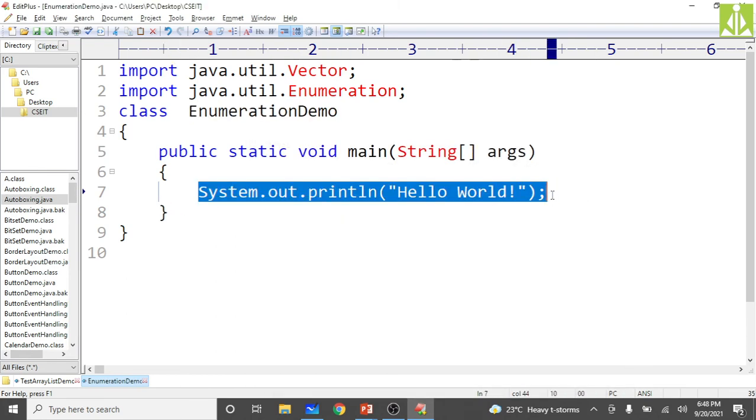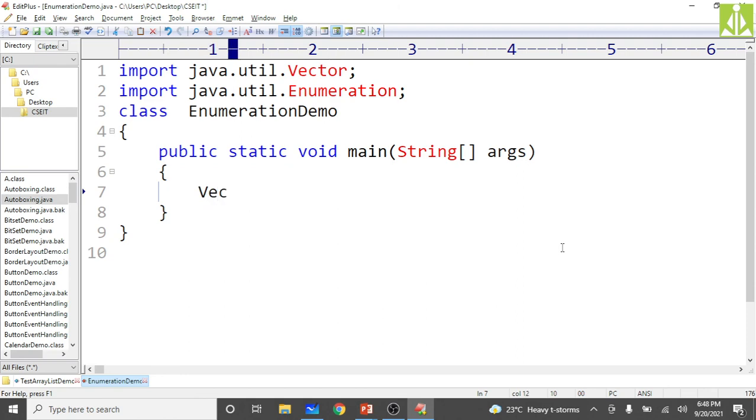Now inside this program I need to create the Vector first of all, because Vector is a class and inside that class we can add the elements. We are adding the days in a week. So Vector dayNames, adding the day names in the form of strings. dayNames equals new Vector. Next, add the different day names into this dayNames vector.